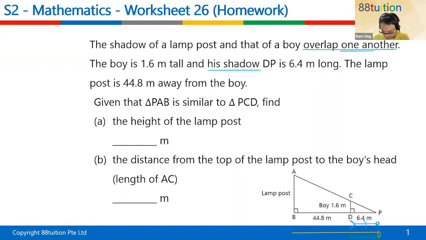Okay, so what happened? Given that PAB, the whole thing, is similar to PCB. Oh, very good, similar triangle. So what do we do? I always like to draw big versus small. I draw big versus small first. Big versus small. So this one is ABP,